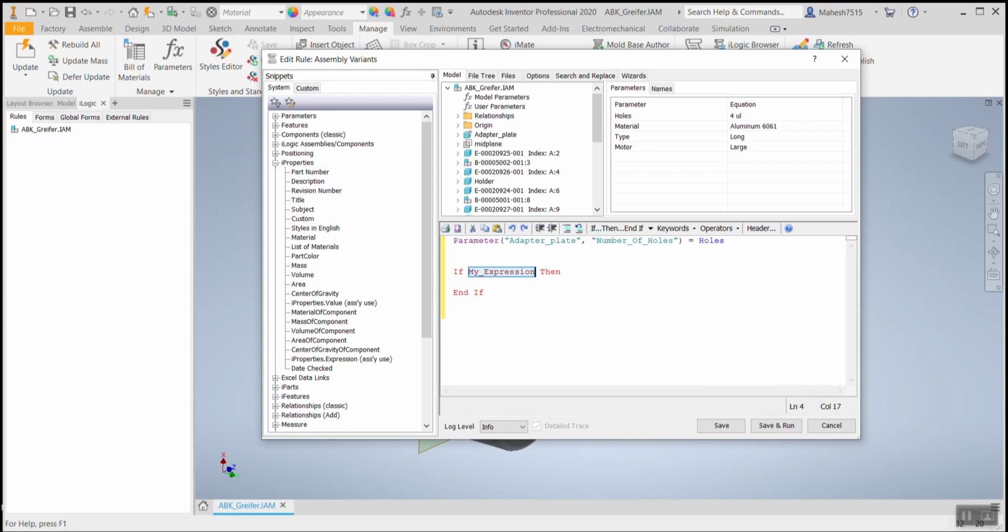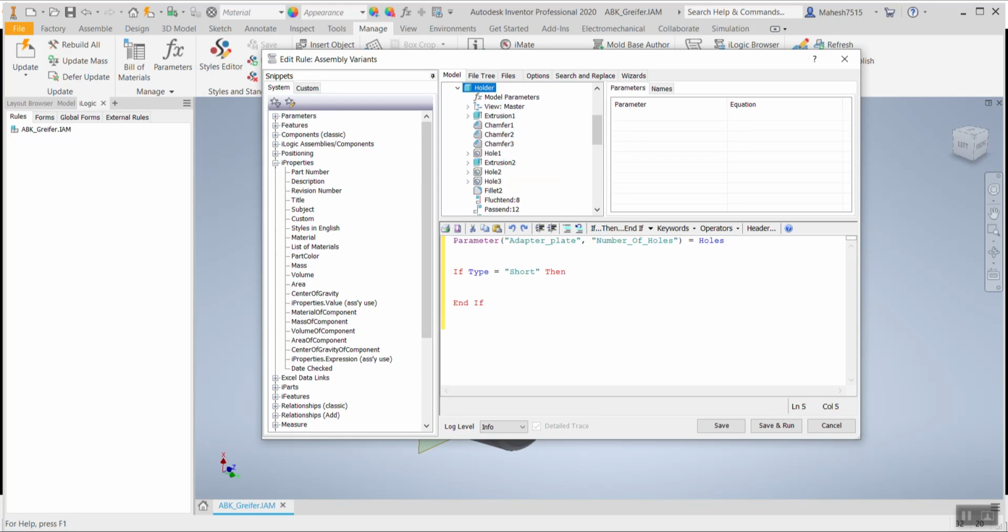So we'll go back to user parameters and select type. So if type is equal to, so use the correct spellings, exactly what we have used in user parameters, equal to short, then what will be the condition? So we have a condition already, we'll capture that state also, go back to holder,